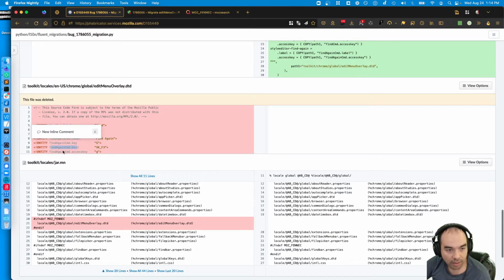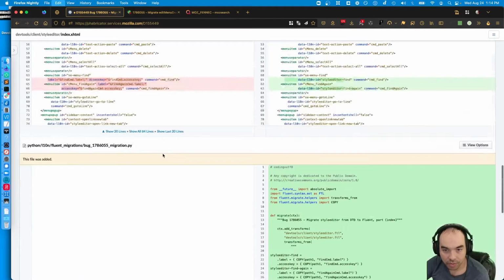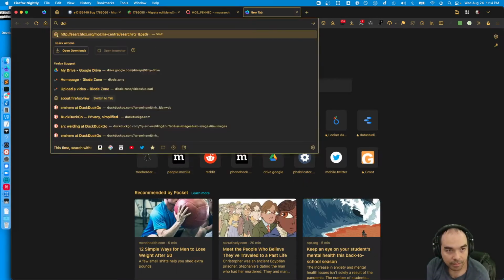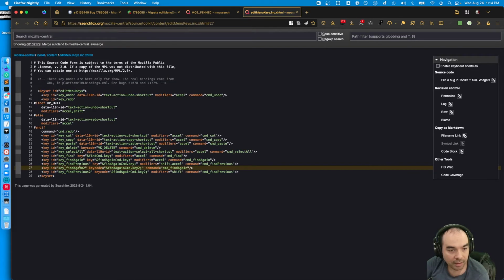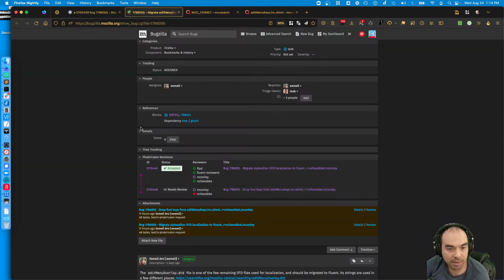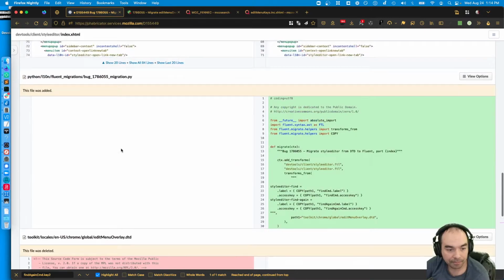And then I don't know what all this business was. Find again command key 2. Find again 2. This is in edit menu keys, but this is the thing that's being removed later on.